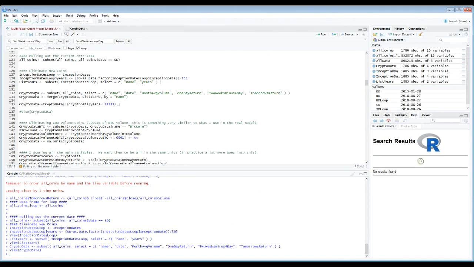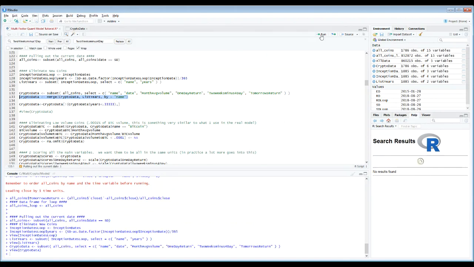All right. Okay, so now in line 133, I'm merging these two new data frames, crypto data and this list years data frame, by name. So basically what this means, for those that don't know R, would be finding common names, in this case the column name, that's in list years and crypto data, and merging those two together. So if a coin is only in one data frame, say crypto data, but not in the other data frame, then it won't be in this next data frame that I'm building here,